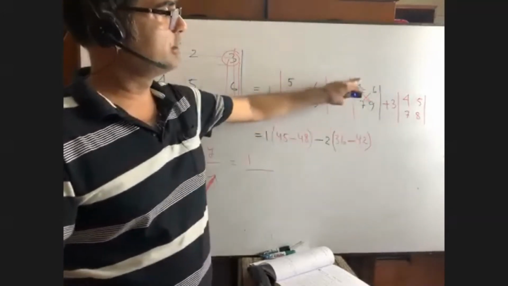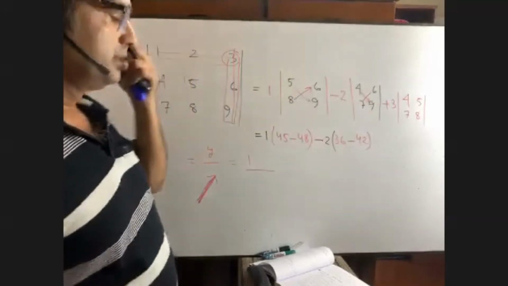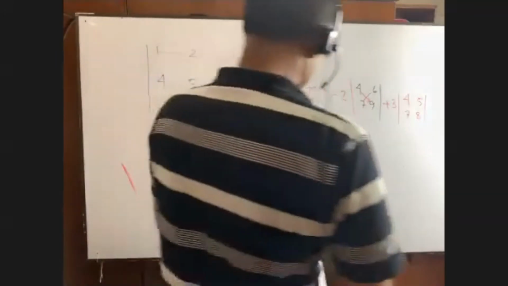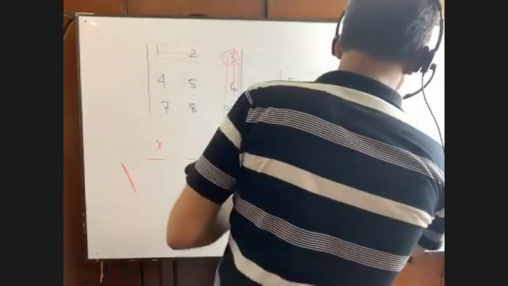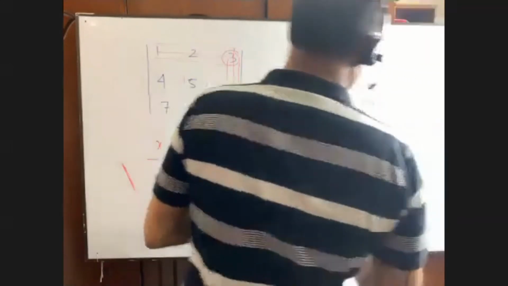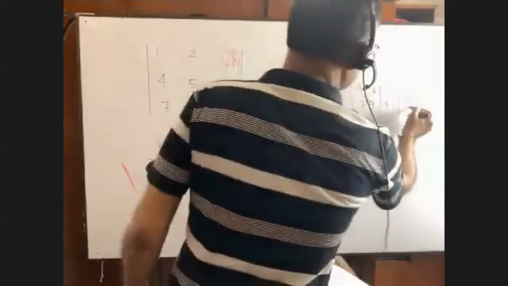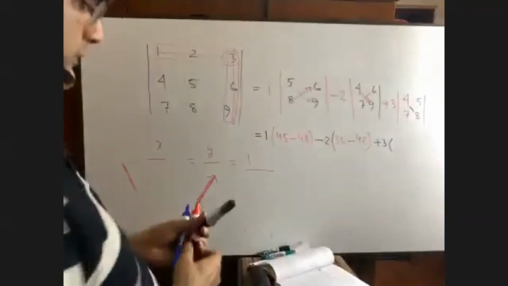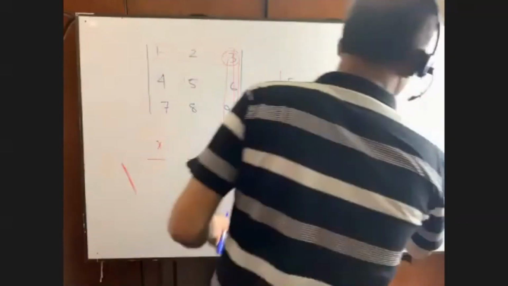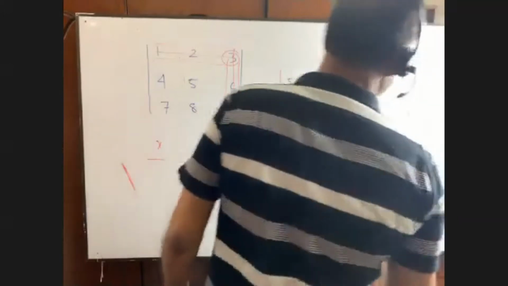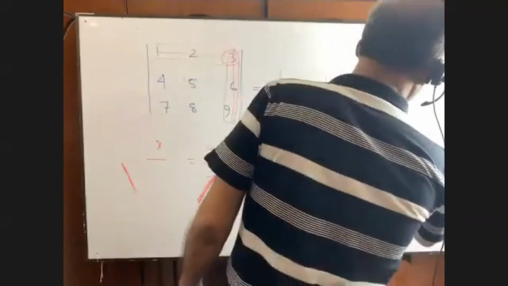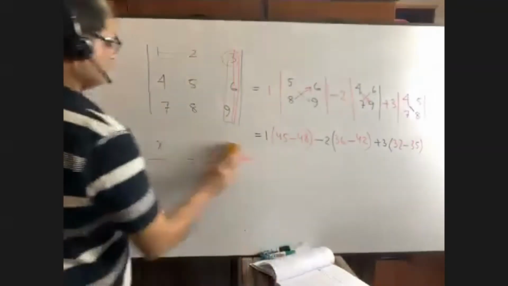This is the fact. But I am not going to multiply from 7 and 6 at first. I have multiplied 4 and 9 at first. Anyway, now you see, this is plus 3 again. And what are we getting? 4 into 8 equals what? 32. Minus 7 into 5, 35.